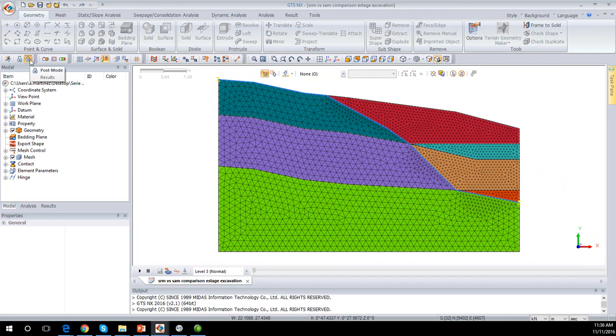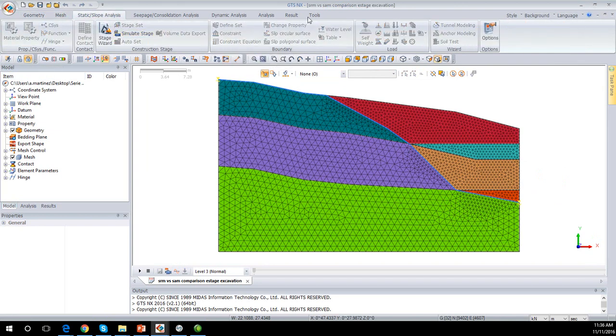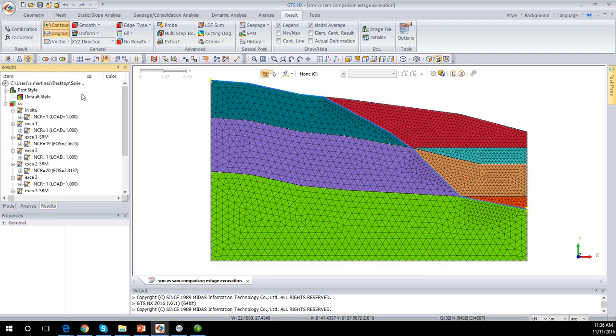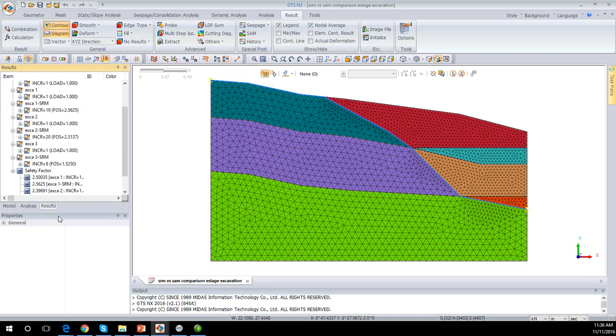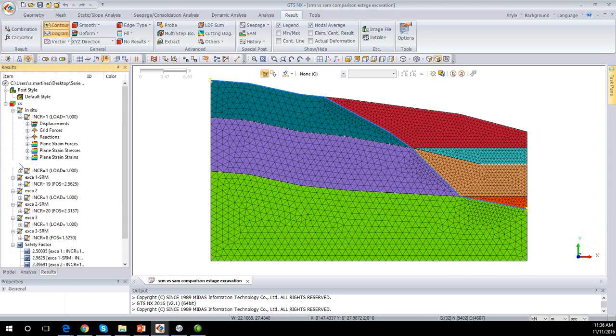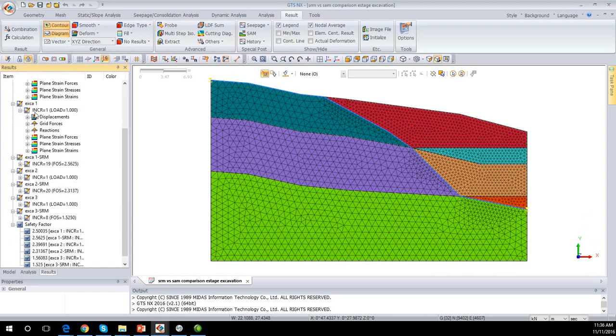We are now in the post processor. We see that all our previous commands are logged, but the results tab now has the option to see different kinds of results, and our results tab has our results all gathered together. So we can see here, if we expand each stage, we have our type of results grouped. We also see that for each of the stages there are two sets of results. We see, for instance, we have our regular stage excavation 1, and then we have the regular stage excavation 1